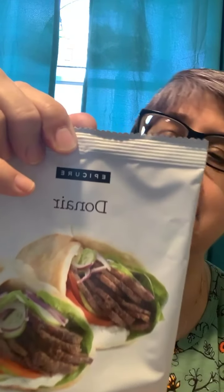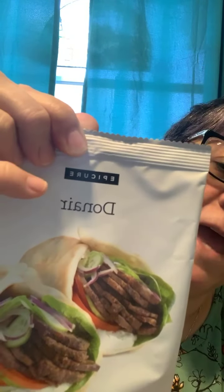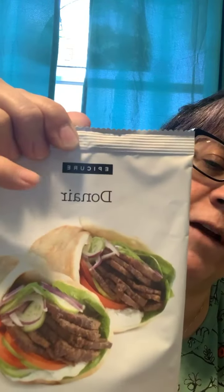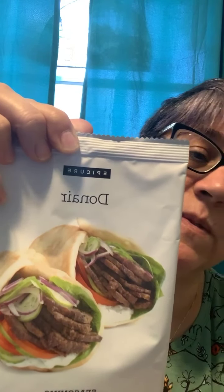It comes with donair. Donair is a Canadian meat dish. You use ground beef, and you wrap it, and you can make some tzatziki sauce, and it's more of a Greek flavors. This was one of our favorites. This was really good. I like donair. It comes with General Tso. This is also another one that had a different recipe that I saw. You get our favorite, mac and cheese, pad thai,